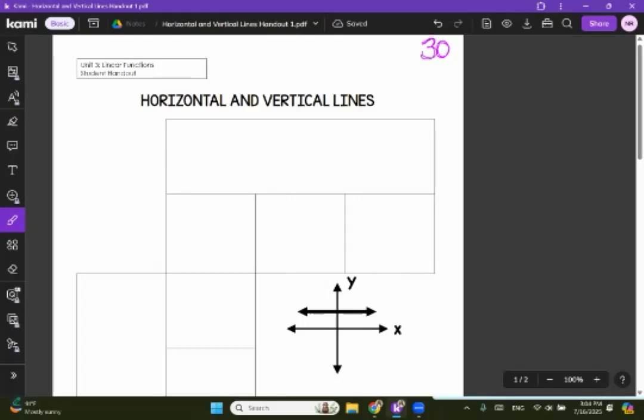Horizontal and vertical lines can get a little bit mixed up, or students can get those two mixed up. So there are a couple of acronyms that we have come up with to help you remember certain things about horizontal and vertical lines that get tested on the STAR test. Starting with horizontal lines, the acronym that we've come up with to help you with horizontal lines